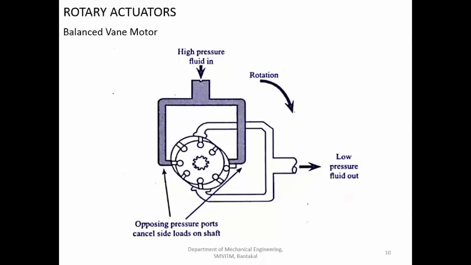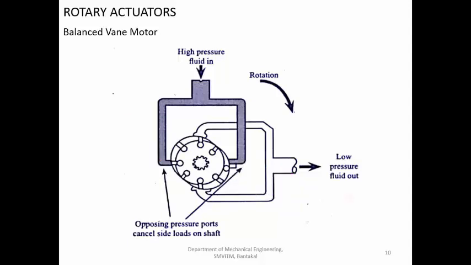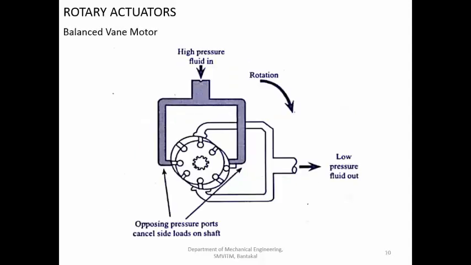The power development will be more or less the same. Now again if you want to make the comparison, in case of the balanced vane motor, you are having two power regions. So at this position and this position you are having the power generation. So this will give better performance. So from two directions you are trying to rotate the output shaft, but in case of the unbalanced vane motor, the power is applied only here and you are trying to rotate it from only one direction. So all these things influence the vibration characteristics of this motor. So this is the main difference between the balanced vane motor and the unbalanced vane motor.